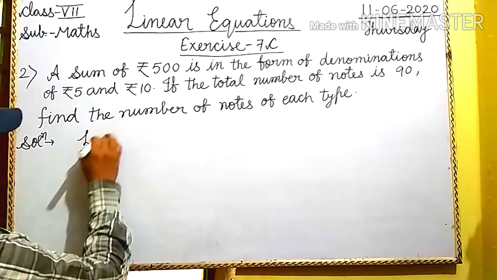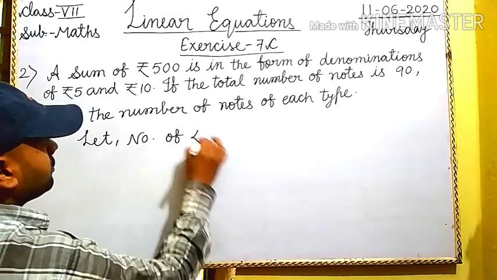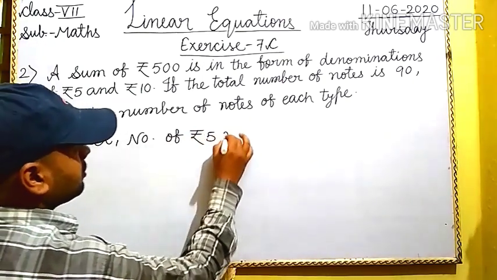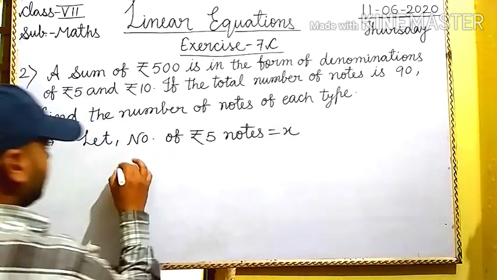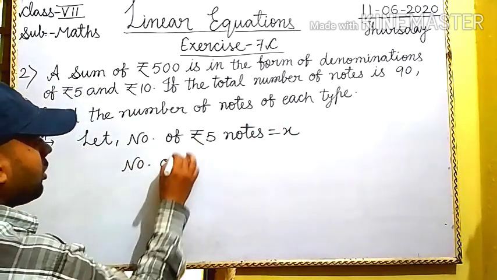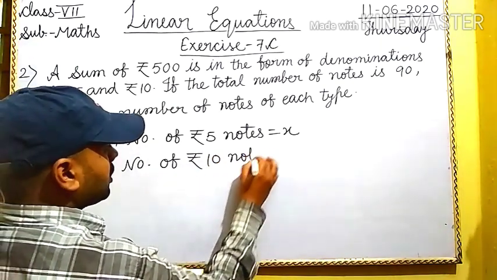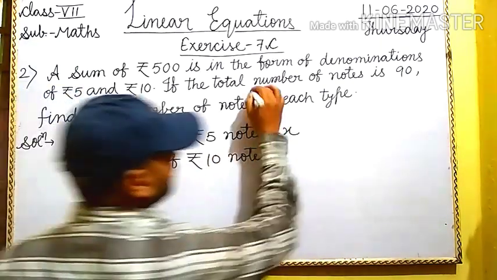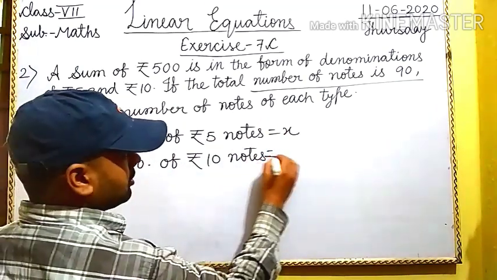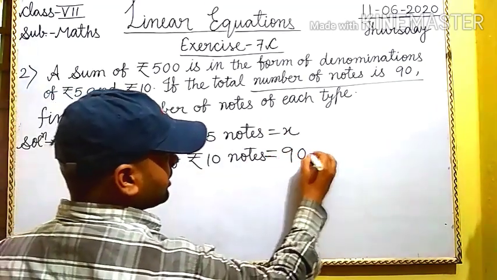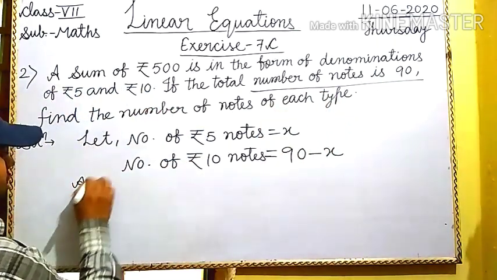First we let the number of 5 rupees notes be x. Next, the number of 10 rupees notes: the total number of notes given is 90. The 5 rupees notes are x, the 10 rupees notes are 90 minus x. Is it clear? According to the question,